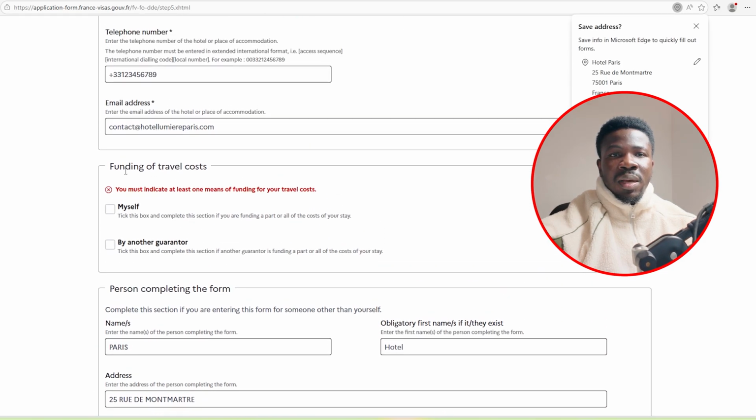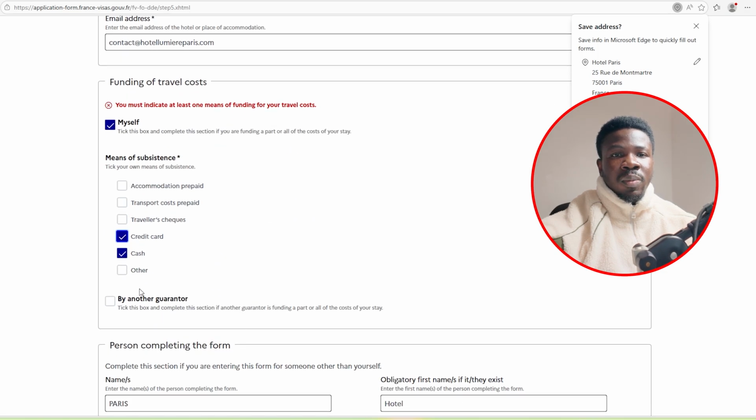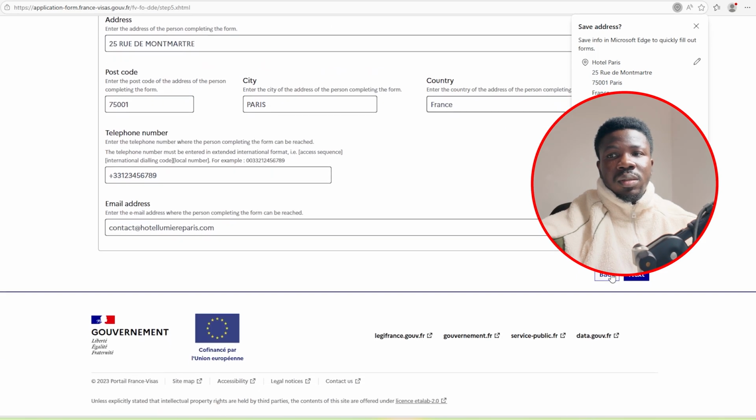So they will ask me how am I funding my travel. I'll click myself and I'll put cash and credit card. But if you are being sponsored by a guarantor, you just take this. Now next,